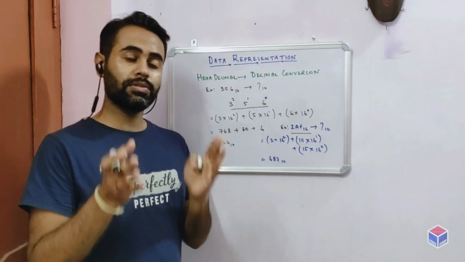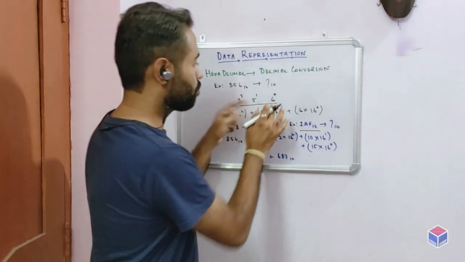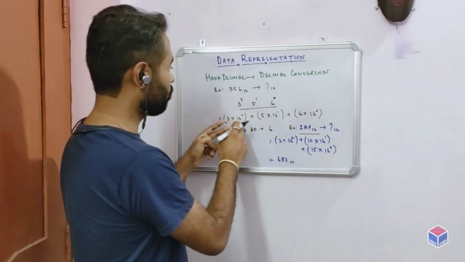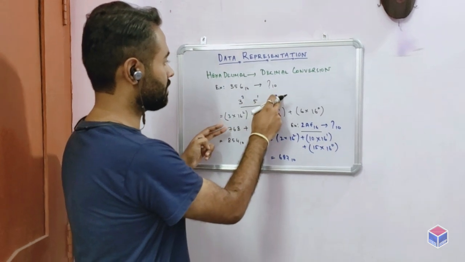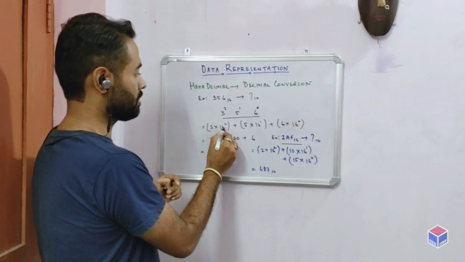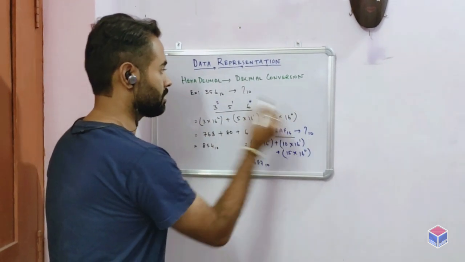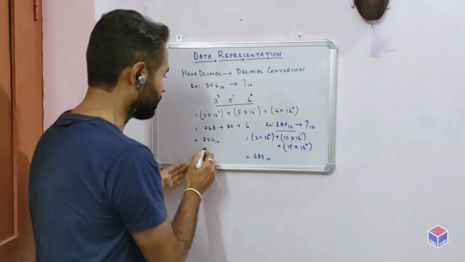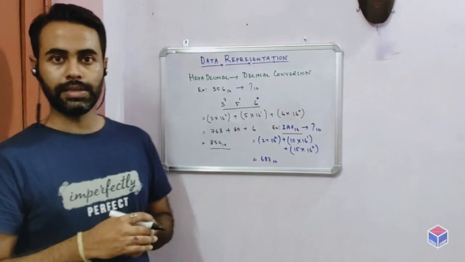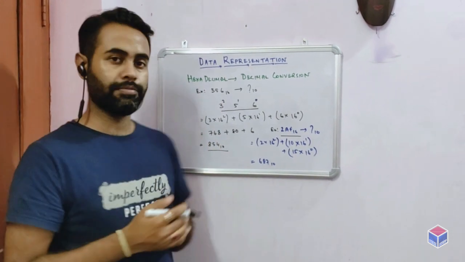Why? Because, as we know, hexadecimal is a combination of numbers and alphabets. So let us first look at the numbers. When we take the position values, that is 0, 1 and 2 respectively for 6, 5 and 3, we do 3 into 16 to the power 2, that is 16 squared, 5 into 16 to the power 1, 6 into 16 to the power 0. When we do the addition, we get 854 base 10. Therefore 356 base 16 is equivalent to 854 base 10.